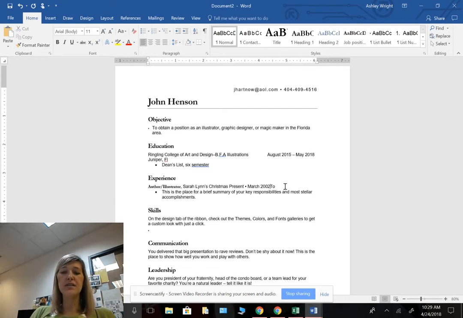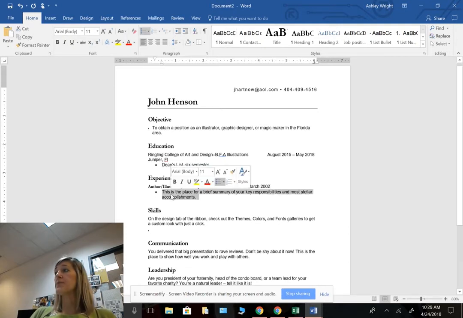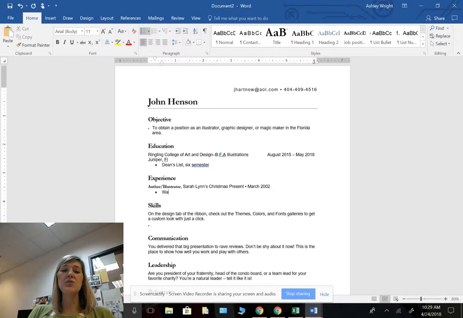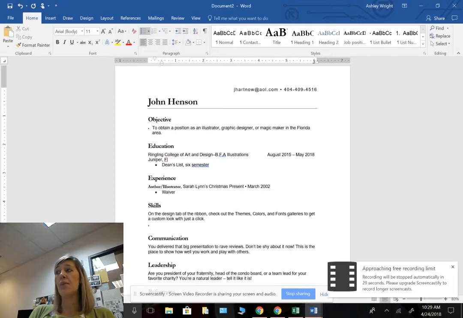And then we're going to use the delete key to get rid of the other areas. From there, you want to type any responsibilities that he had here. And so he didn't really have any responsibilities other than obviously being the author and illustrator. So this was his book. So what we'll do here is we'll actually put the waiver